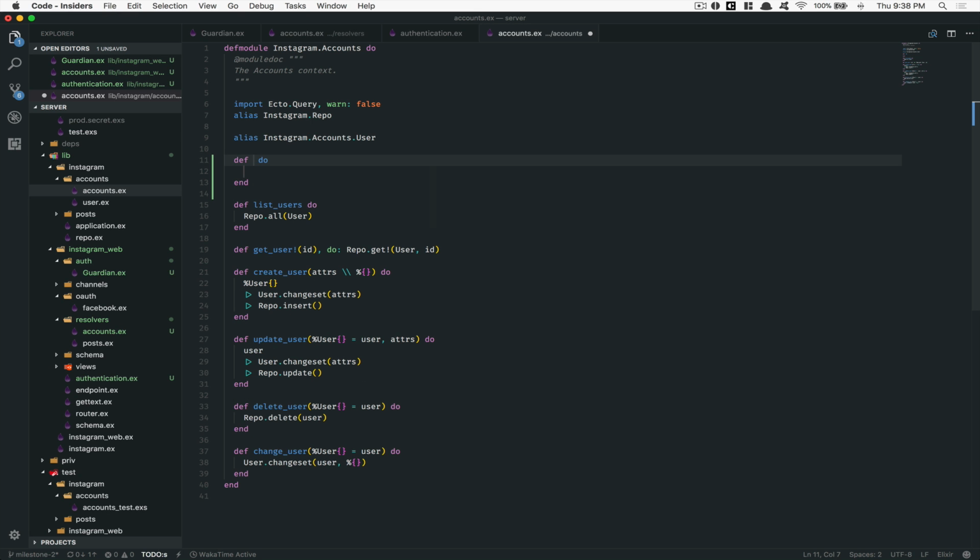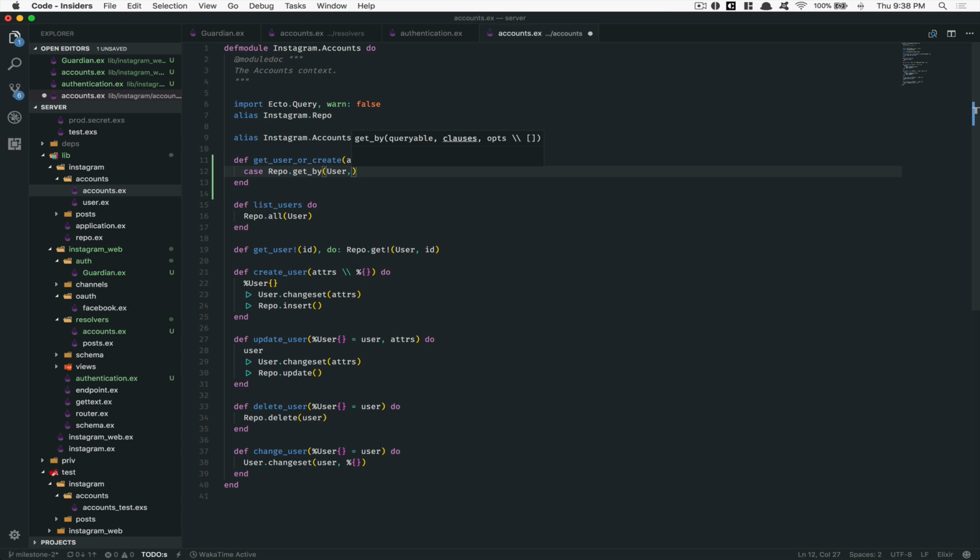I'm going to create a function get user or create. This function, remember, you get the attributes and you get the search param. Now what we're going to do is a case statement where we do a repo get by, while here you can say get a user. You see here, alias the user, so that's why you just see user here. So get a user